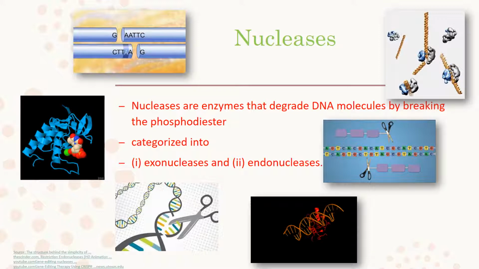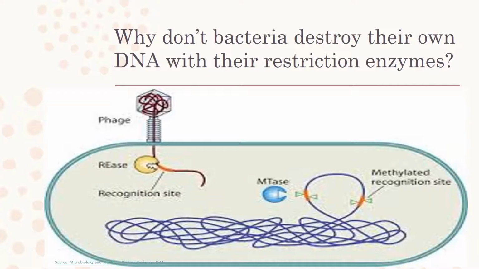There are two primary classifications based on the locus of their activity. The first is exonucleases, which can digest the nucleic acid from the end. The second is endonucleases, which can act on the regions in the middle of targeted molecules. They are further subcategorized. We can see this in the next slide.